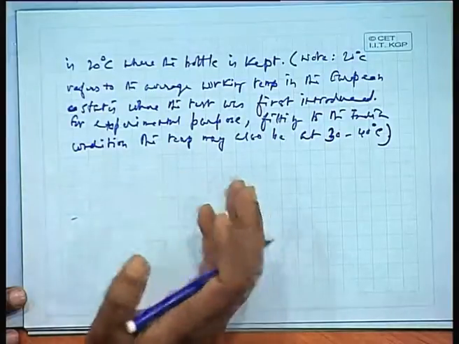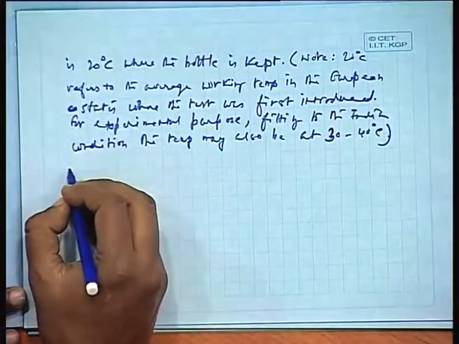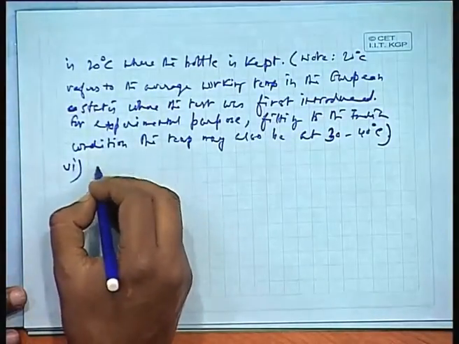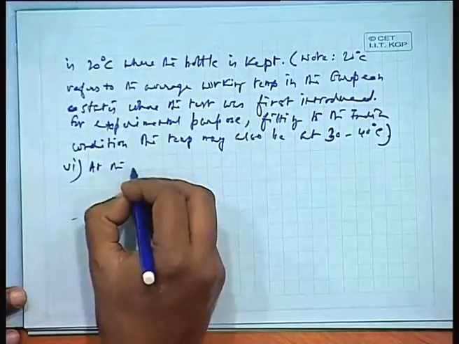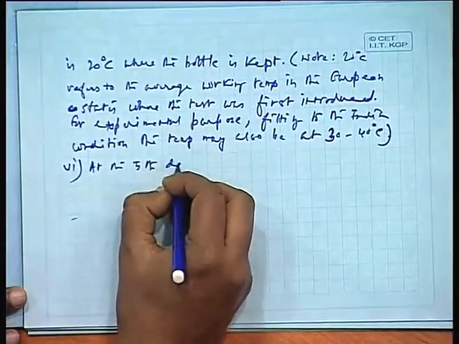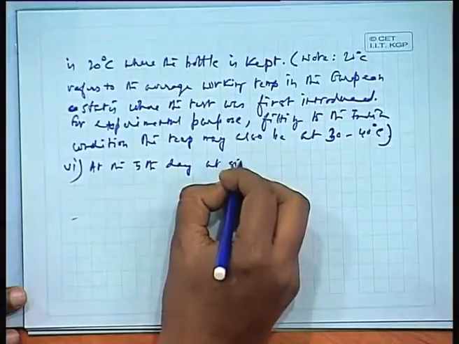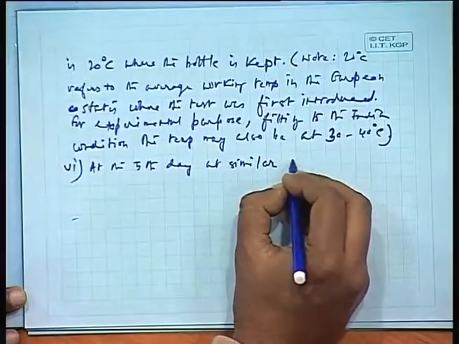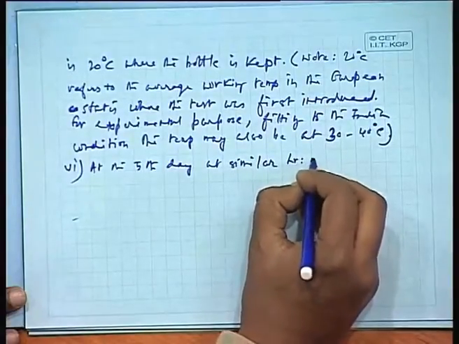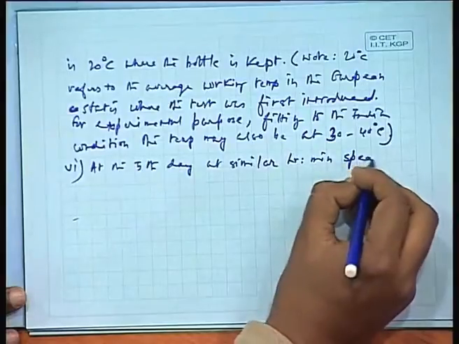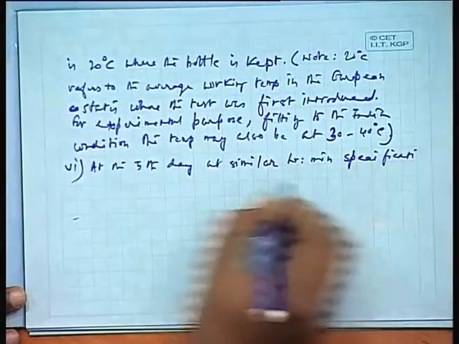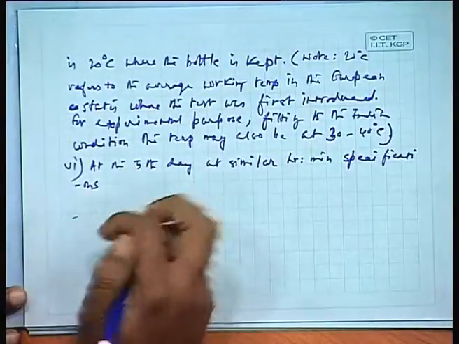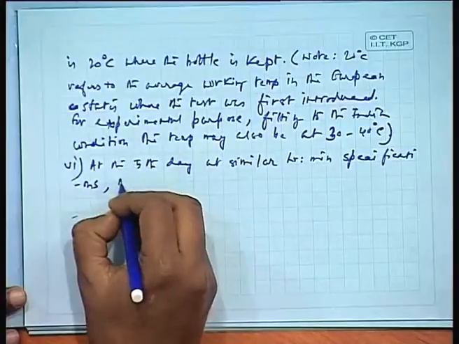Sometimes we also reduce the number of days. This is how it is kept. Then there is the 6th step: on the 5th day, at a similar hour and minute specification,